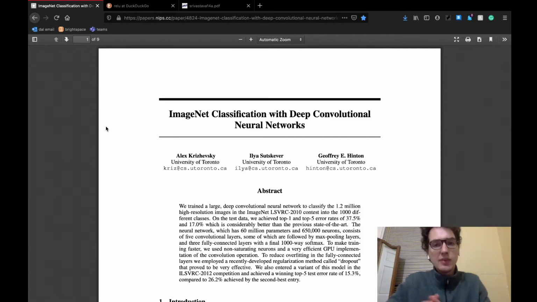So basically, I'm not going to talk so much about the architecture of the model itself. Maybe that will be in a later video if anybody wants it. But currently I'm just going to talk about these tricks that they were able to pull off, which really helped in the training and therefore accuracy of the model. And when I say that, the general term that we're going to be using is that it was able to reduce overfitting in their model.